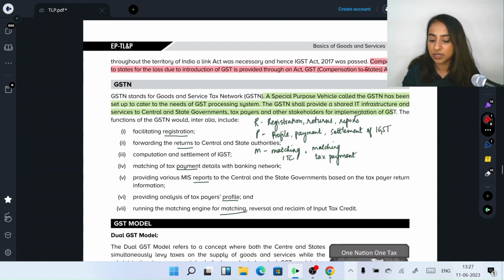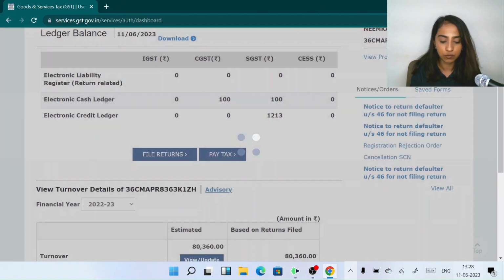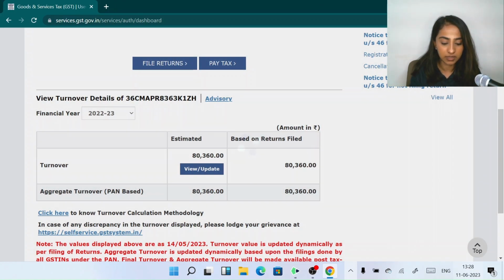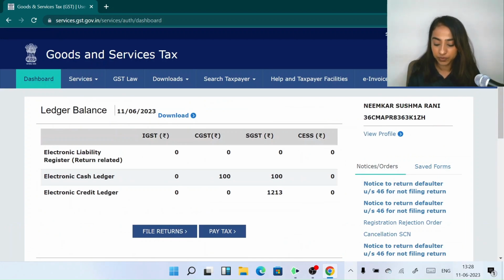So what is your GSTN going to be doing? I showed you just now that it will do your registration, returns, and it will throw out some MIS reports, like for the entire year, how much GST have you paid, how much turnover have you made. Then profile: it'll show the taxpayer's profile. This is your profile, this is your dashboard. It'll show how much is your liability, what is pending, and you can see turnover details. It'll show every detail about the